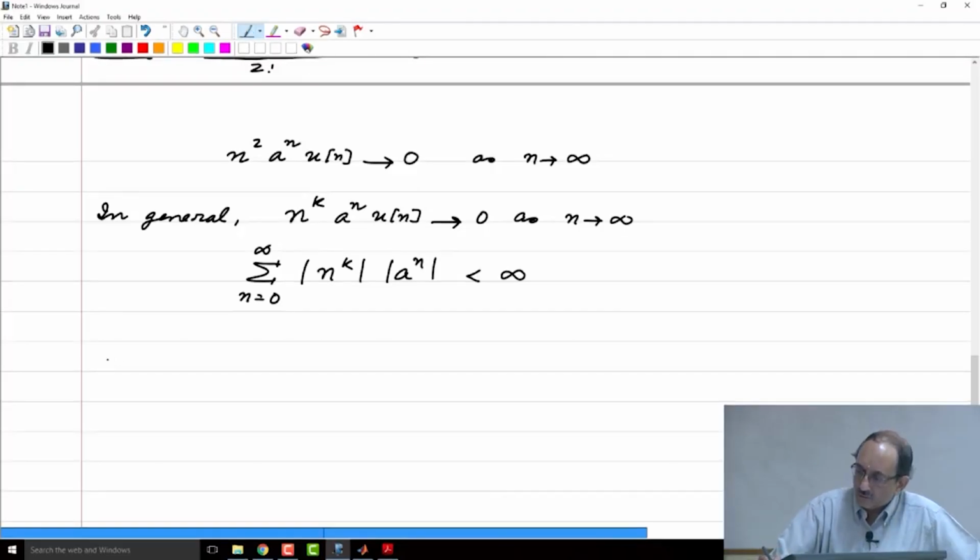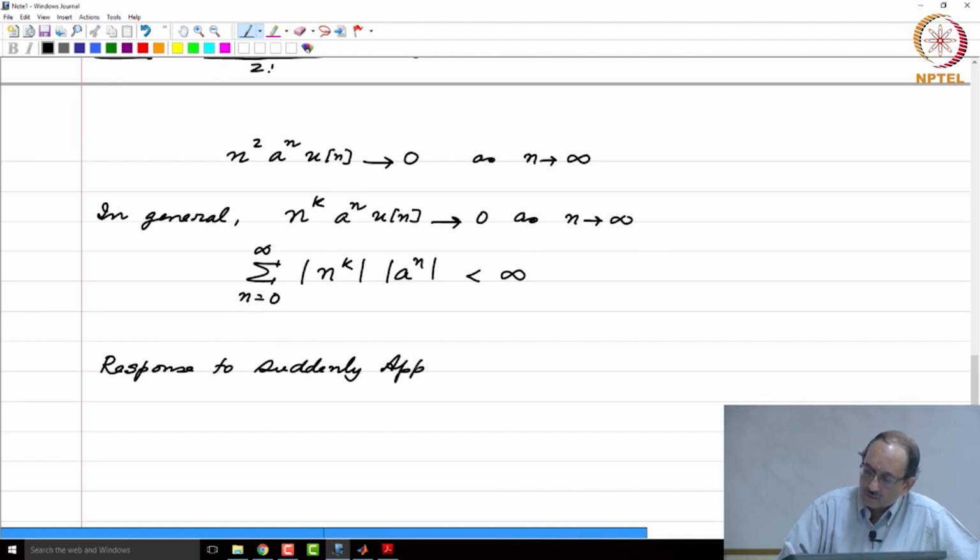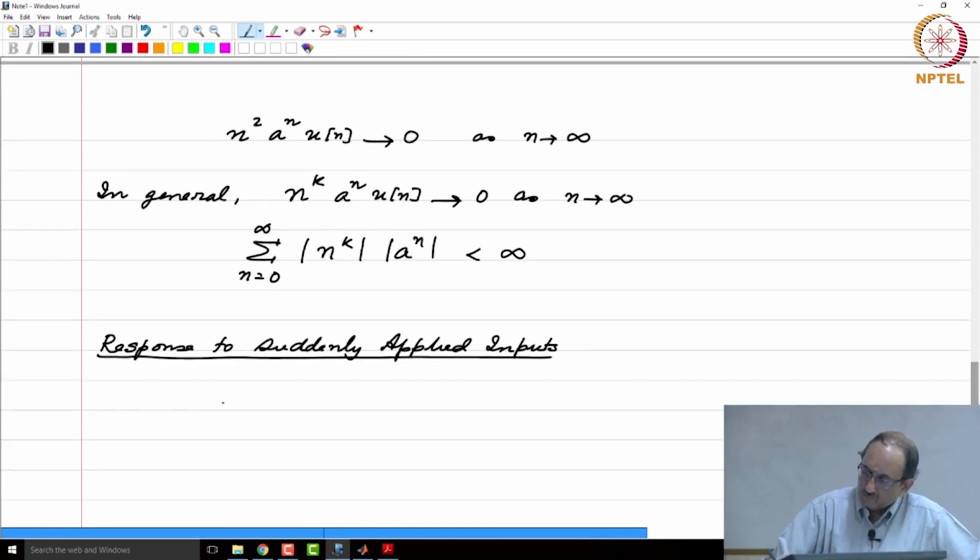Now, let us look at response to suddenly applied inputs. So, we have